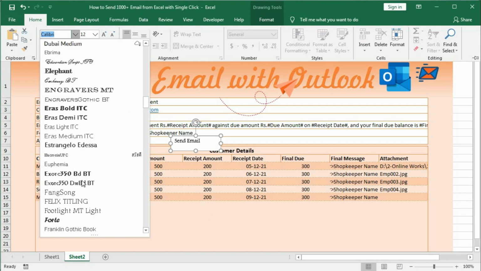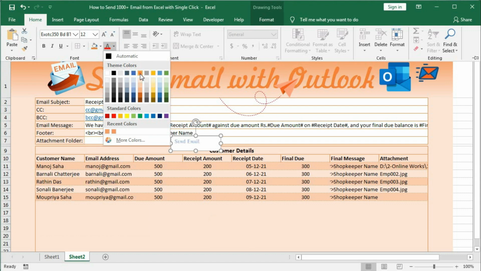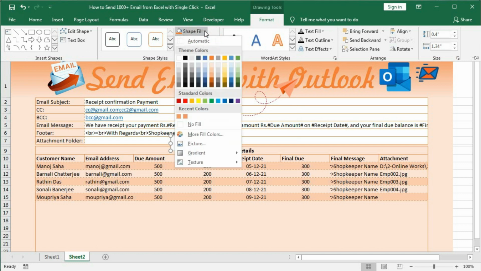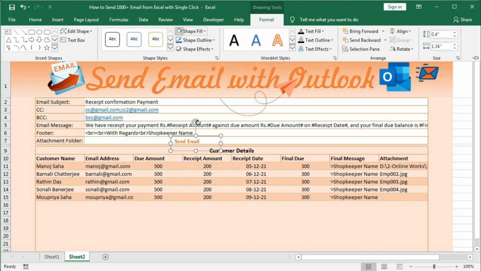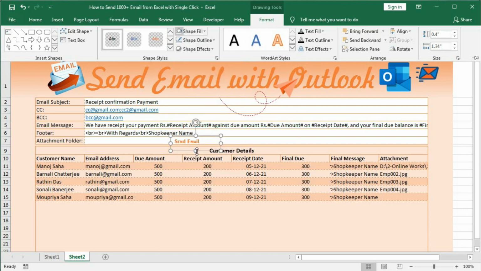So here I will give this one and color this one, and go to format, fill color will be no fill and outline will be no outline.